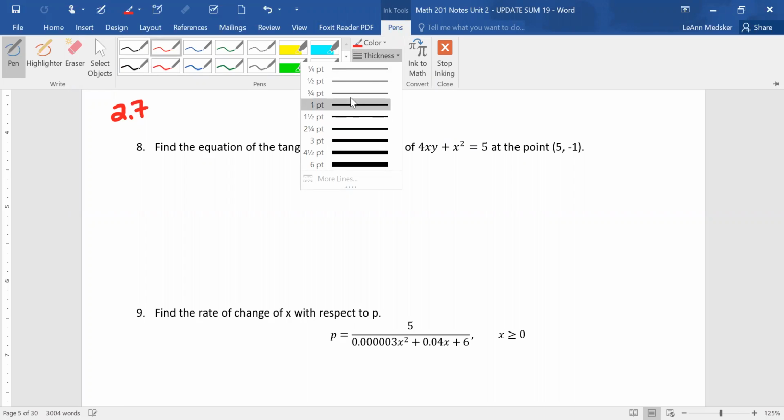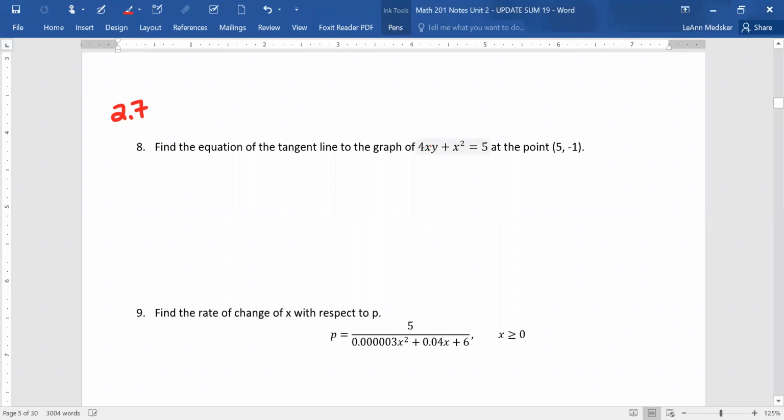equals 5. That is a function that you could solve for y if you wanted to, because there is just a single y. But we can also do this using implicit derivatives, where we take the derivative of each term individually with respect to x, and we chain on a dy dx anytime we take a derivative of something with a y in it. So because this first term is two different functions essentially times each other, it's a product